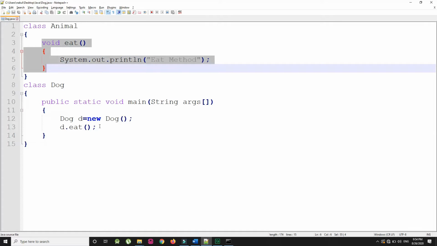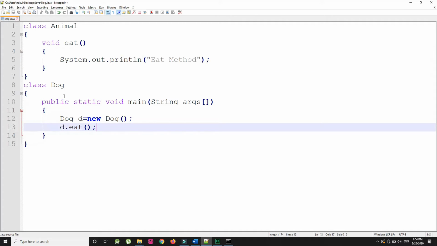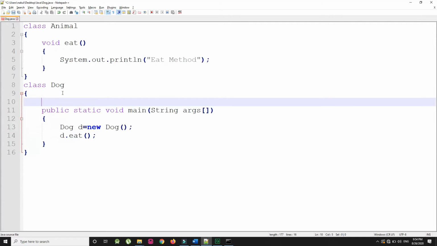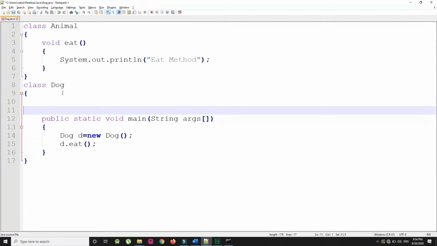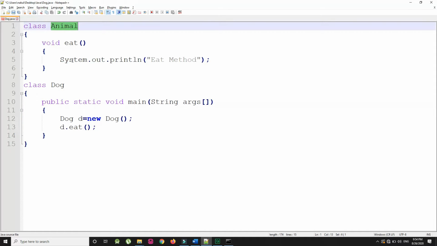So I have two different ways to solve this error. First, I can create this eat method in this dog class, or I can extend this animal class into our dog class. Now, if I create two methods with the same name and same functionality, then it is very bad programming practice, because OOP provides a feature that extends the functionality of one class to another class, that is inheritance. So I will be extending the animal class to this dog class. That's why I can achieve code reusability as well.